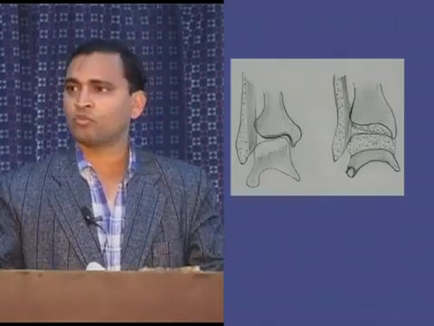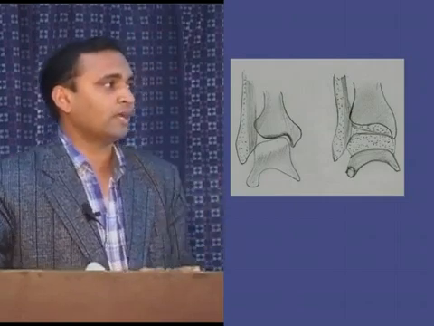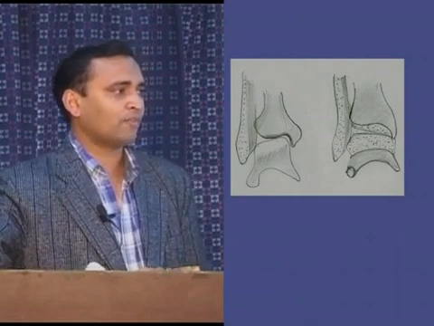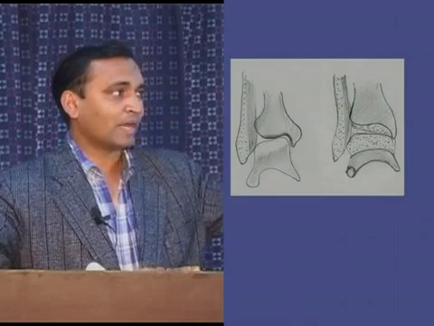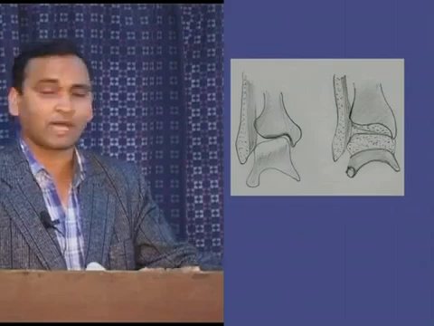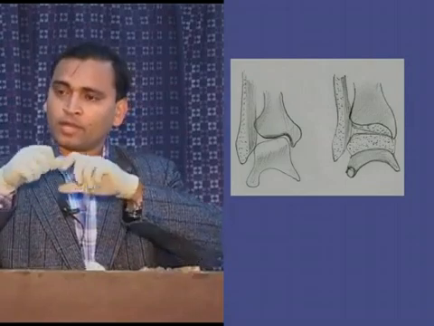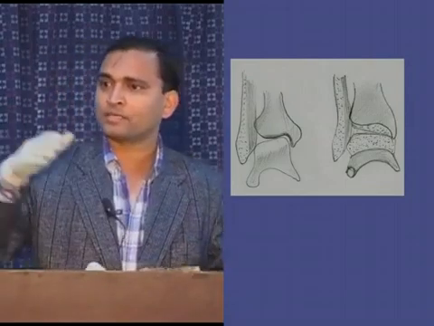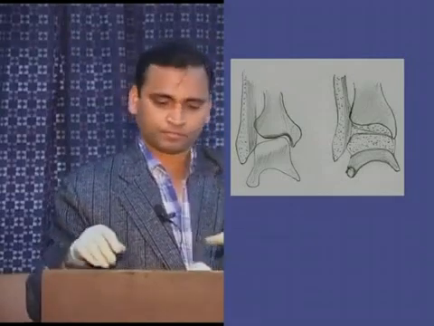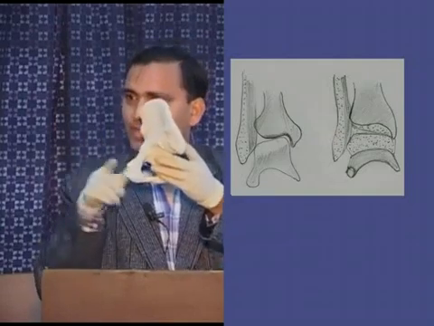Cartilaginous joint, symphysis. I have told you there are two types of cartilaginous joint: synchondrosis and symphysis. Symphysis is a slightly movable joint. The ends of the articulating bones are covered with hyaline cartilage, but a disc of fibrocartilage connects the bones. So the pubic symphysis is a joint which contains both fiber as well as cartilage. Clear? I have shown you this. Both bones are connected by the fibrous membrane as well as cartilage.